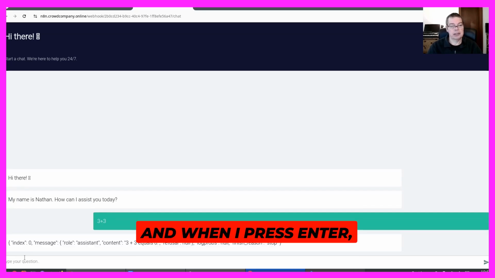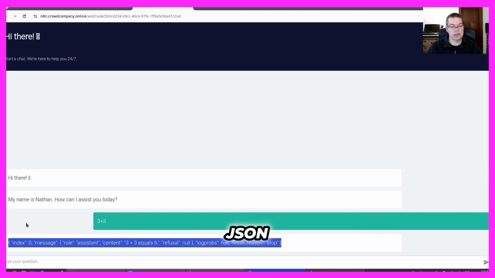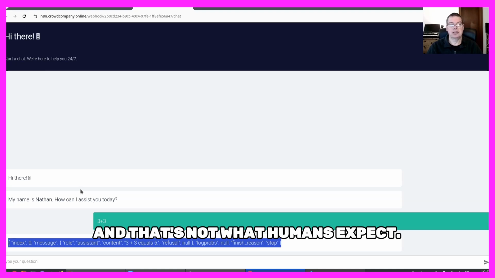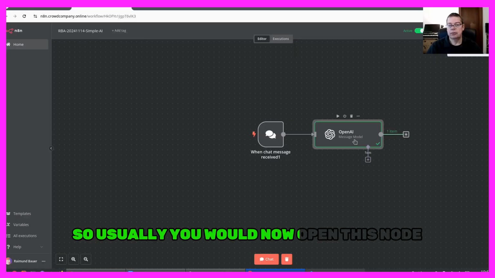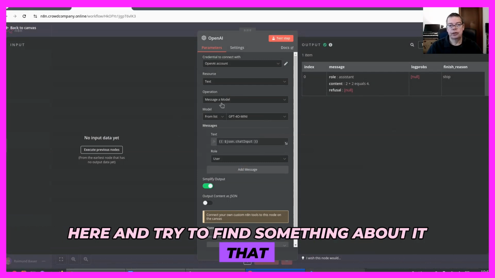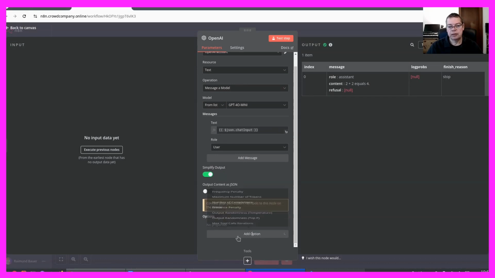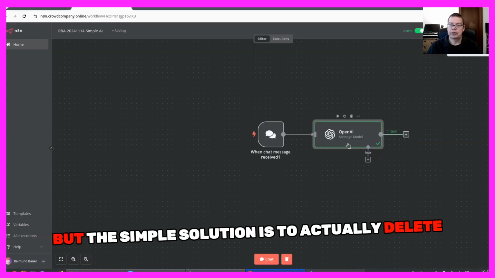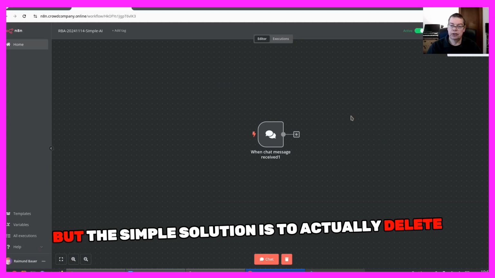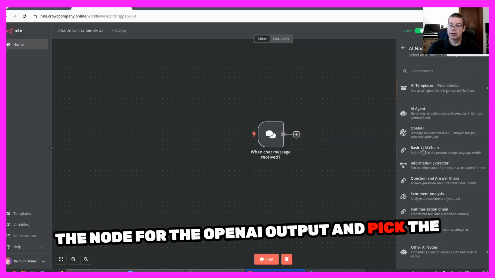And when I press enter, I actually get an answer, but it's in JSON format. And that's not what humans expect. So usually you would now open this node here and try to find something about it that could make the output better. But the simple solution is to actually delete the node for the OpenAI output and pick the basic